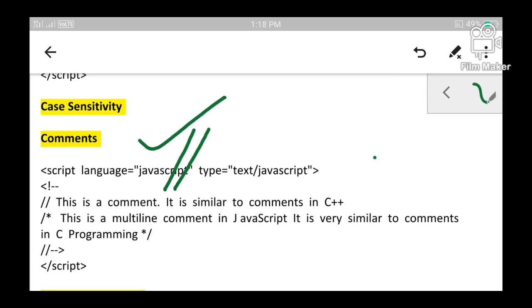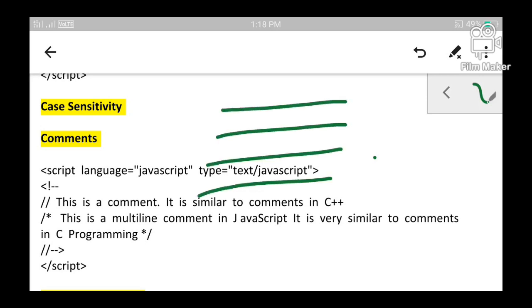If you want to specify something as a comment, prefix it with two slashes. Next comes the multi-line comment. Suppose you are going to give comments on multiple lines. There are many lines, all of them are comments. In such a case, either you can prefix each of them with forward slashes, or you can use slash star and star slash.